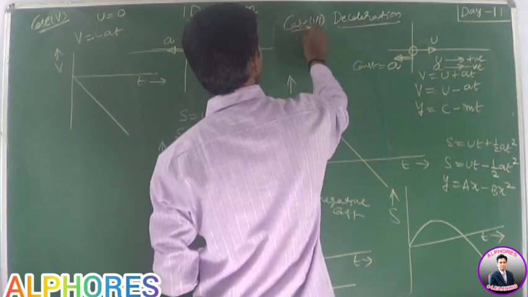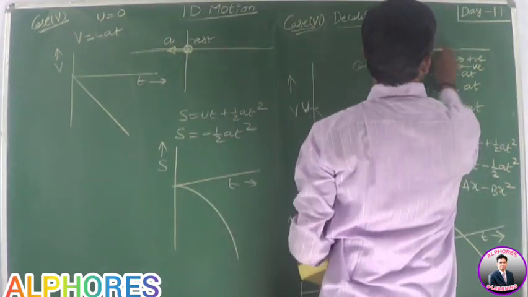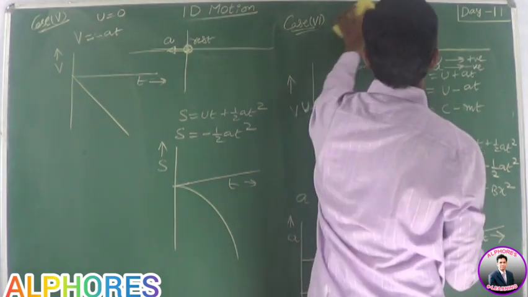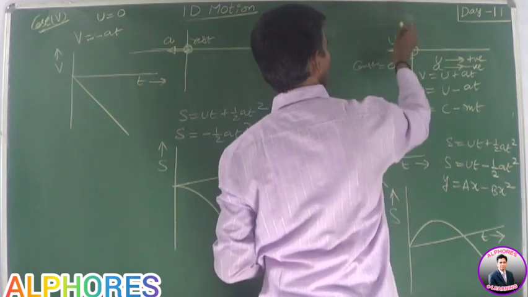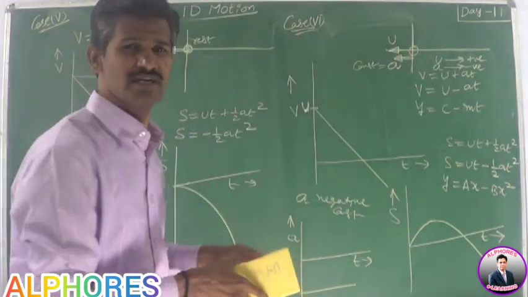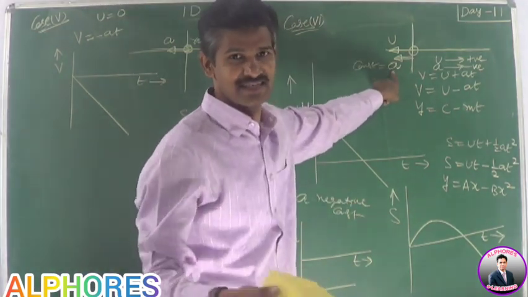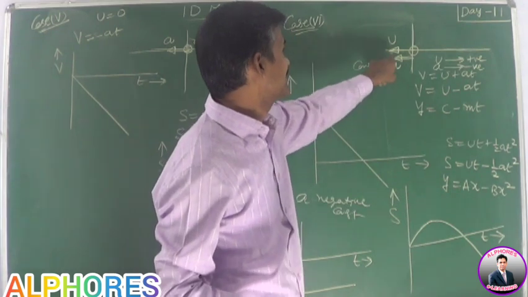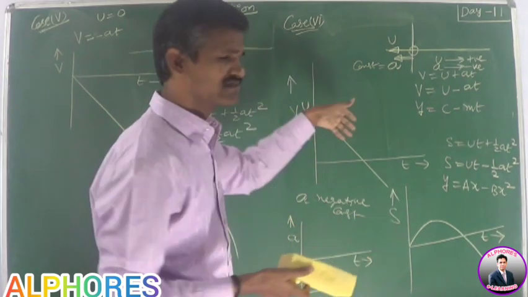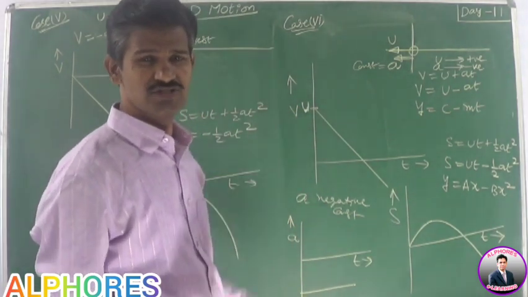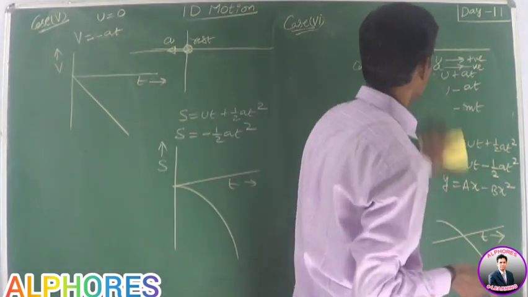What is the sixth case? In case of a deceleration, suppose... I am not calling it a deceleration. Why? Because initial velocity and acceleration both are in the negative direction. Both are in the same direction. So for this velocity, this behaves as an acceleration. So this acceleration increases this velocity. So I am not calling it a deceleration, but I am just drawing graphs to visualize the situation.